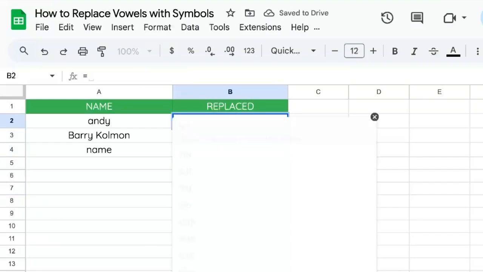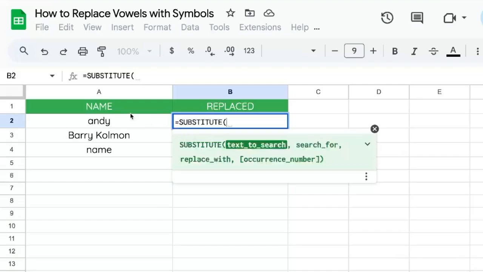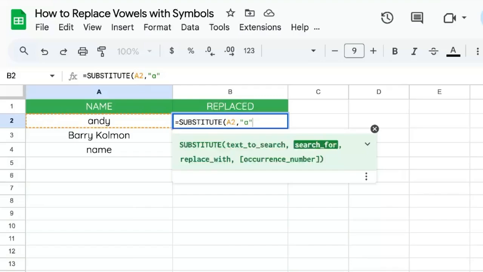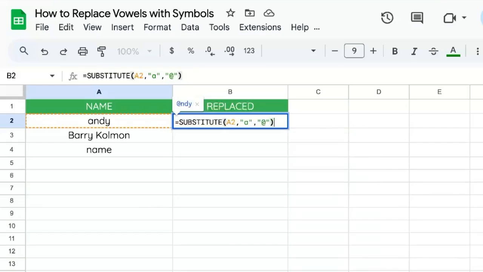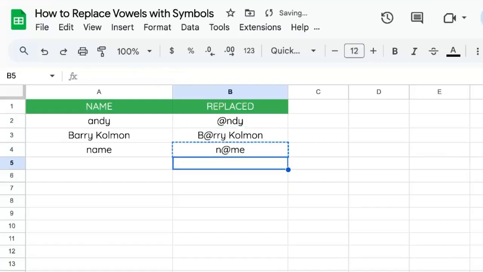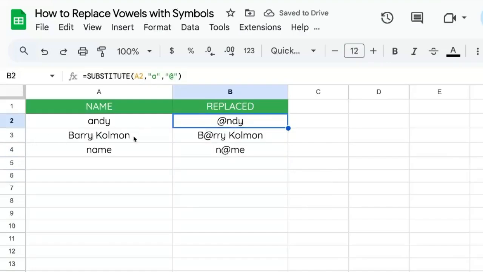The very first thing we want to do is substitute. Do equal substitute. The text to search is going to be this A. What we're going to search for is the A in quotes, and we're going to replace it in quotes with an @ symbol. We can type in a number of occurrences if we want to only limit it to one occurrence. We're going to autofill that all the way down, but let's say we want to go one extra step